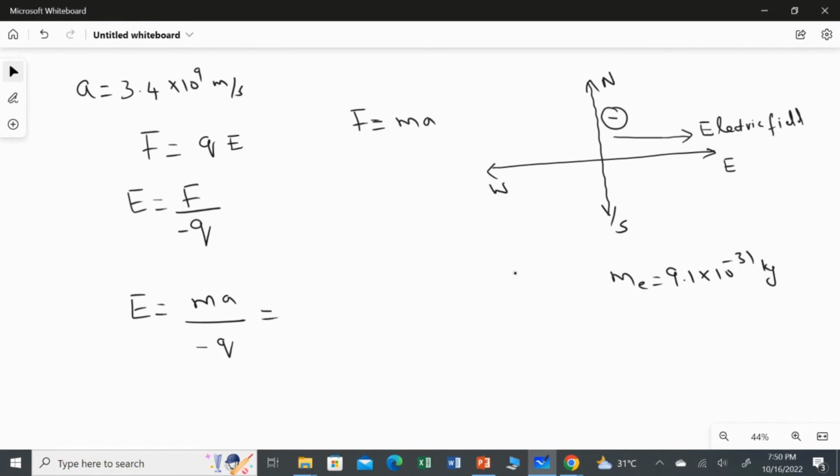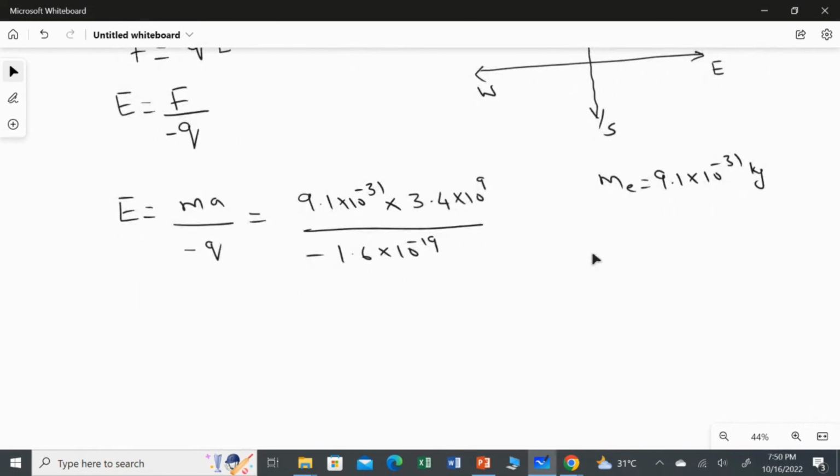So now I'm going to substitute the values. So what should be the answer? 9.1 multiplied by 10 to the power of minus 31 multiplied by the acceleration of the electron here, 3.4 multiplied by 10 to the power of 9, divided by minus 1.6 multiplied by 10 to the power of minus 19. Now the answer should be negative. Why is it negative? Because the electron will experience the force in the opposite direction of the electrical field. So we will get the answer in terms of negative, but we are going to consider only the